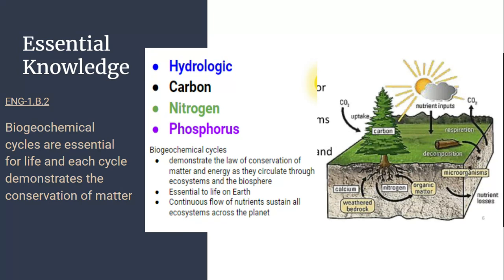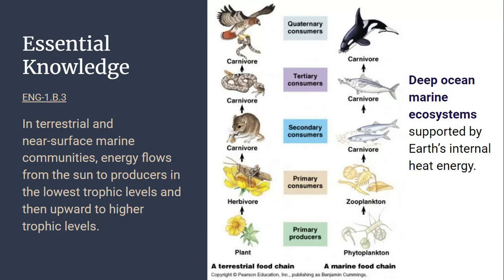The biogeochemical cycles allow for the recycling of organic matter in an ecosystem. And you can refer back to those individual presentations on each of those 4 cycles. In land-based biomes, as well as near-surface aquatic biomes, energy is going to flow from the producer, which is a very low trophic level, all the way up to higher levels. So as you'll see, this is a review. You'll hear this again.